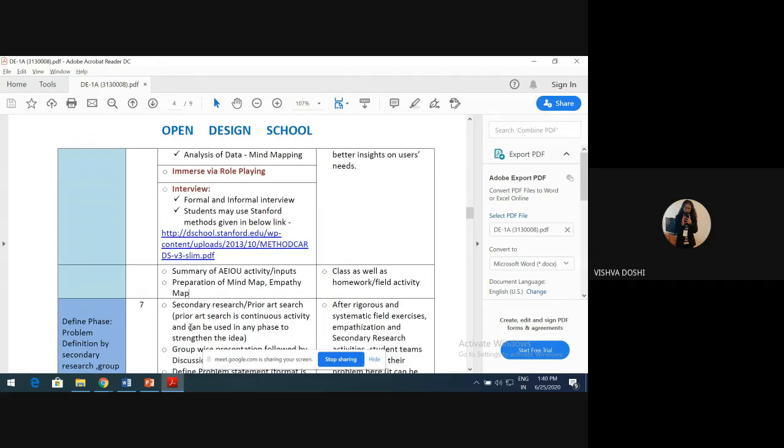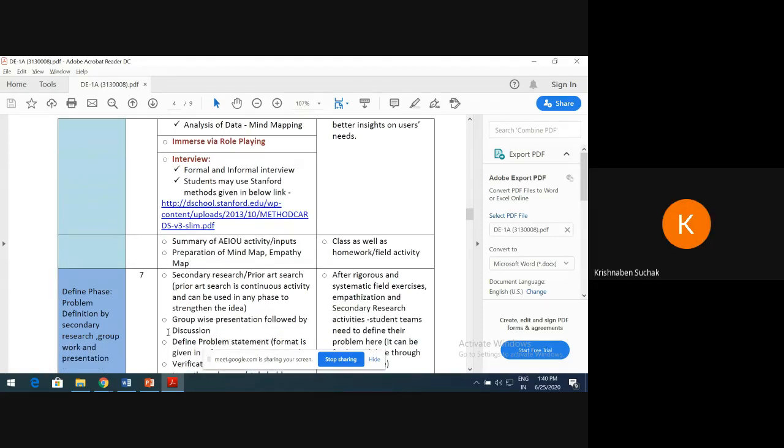Ma'am, for the project, we only have to decide the topic? Yes, you have to decide 3 topics in the next week. Then we will discuss your topics, and if you have a good idea, then we will work on that. That would be your final topic. So be ready with 3 different topics, so that one topic can be finalized. And if your friend has taken a topic and you say, ma'am, that was my topic and I want to do that, no, that won't work.